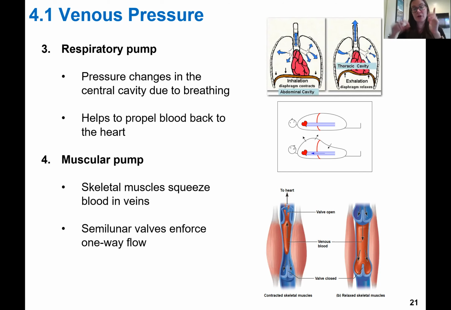So going from higher pressure in the venous system to lower pressure in the heart, blood will flow into the heart. And then when you exhale, you put more pressure on the heart, and that helps get blood out of the heart. So we're going to do a breathing lab here in a week or so,